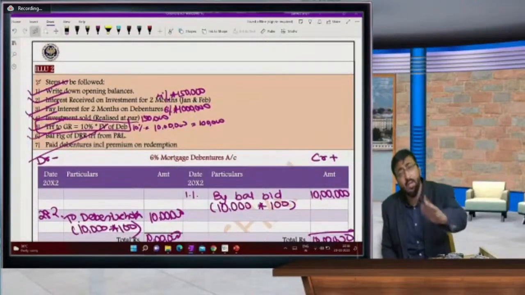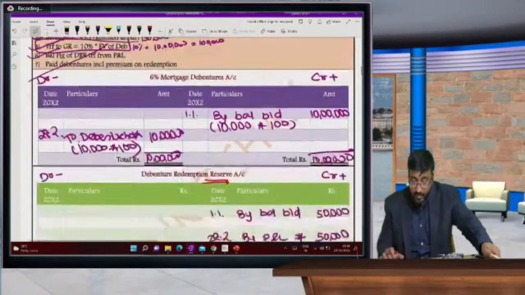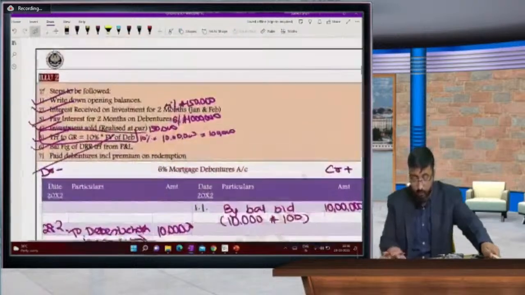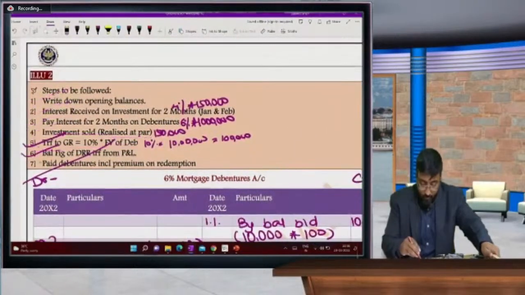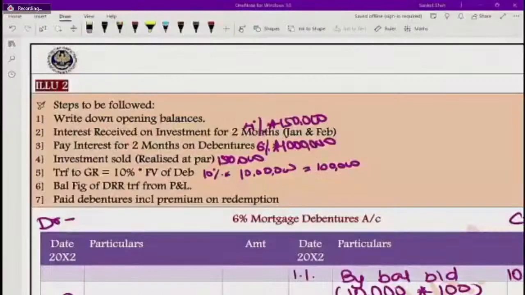Sir, whether the debentures chapter is difficult. Yes, I am going to take a revision. So last 5 minutes, wait for 5 minutes. We are going to take a small revision. So take a screenshot first. Take a screenshot from the first one. Steps to be followed. Take a screenshot.